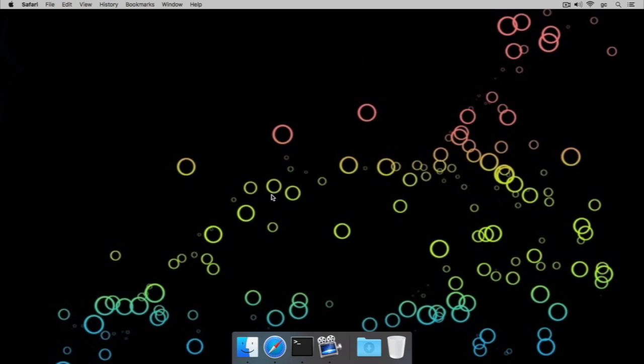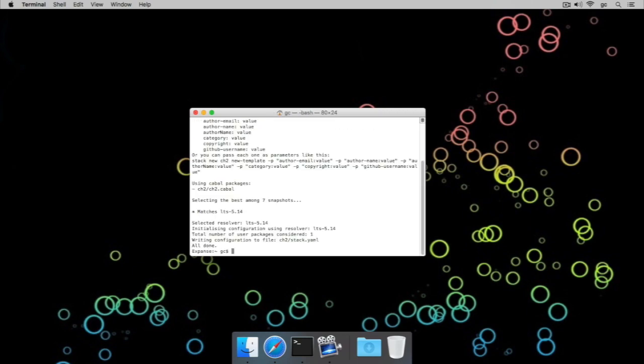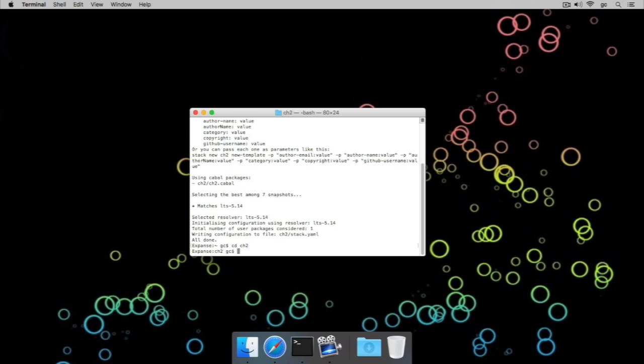Right, so open the terminal and create a new project with the command stack new ch2. This will create a new folder for us and build us an empty project set up to use the latest GHC version. If you remember, GHC is the name of the Haskell compiler we'll be using in this series, and Stack is the program that helps us to manage setting up all of the things we need to develop software in Haskell. Now we'll change into this folder using cd ch2, and then we'll type stack setup to download any